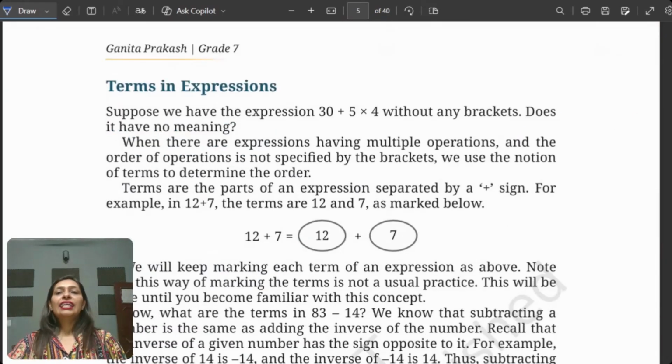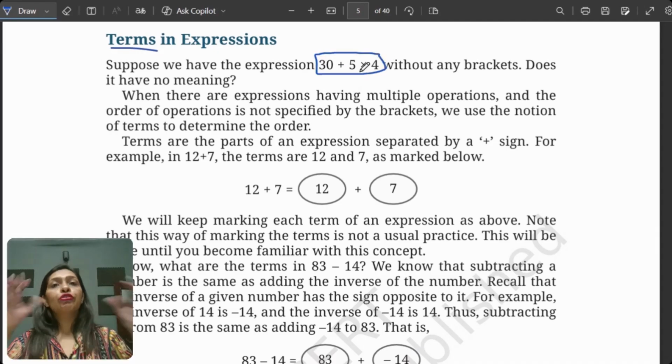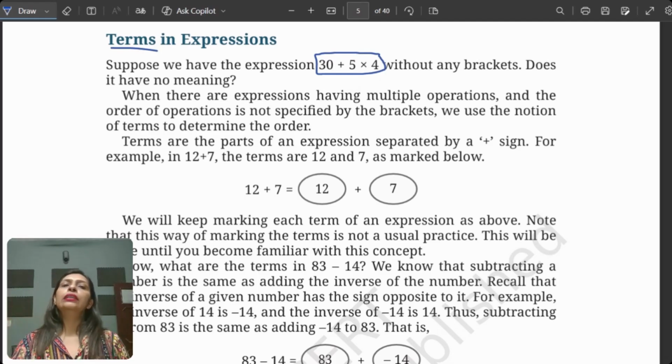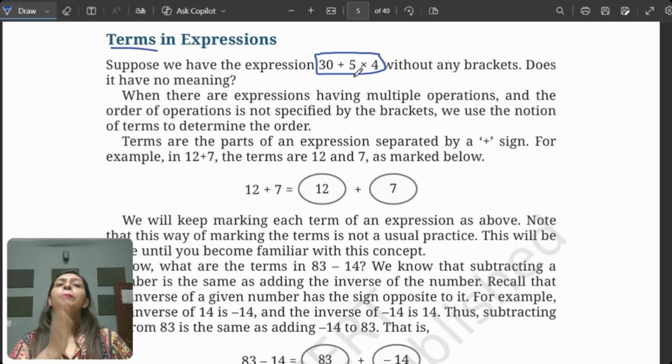So now let's come to another important topic, that is terms and expressions. Now, what are the terms? You think like the expression is the complete one. Like in the previous question that we did, this complete thing was the expression. All right. And all the things which are making the expression, they are the terms. Okay. Second point, terms are divided or separated by the operation addition or subtraction. Meaning, whenever in an expression the plus or minus sign comes, the term breaks.